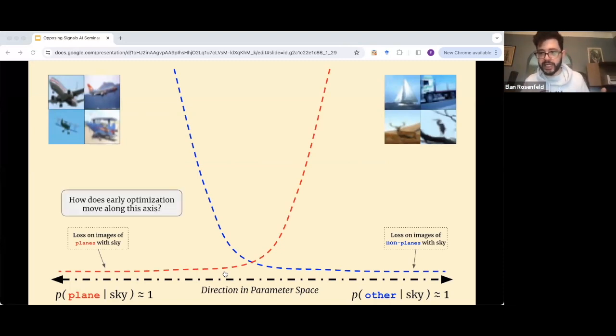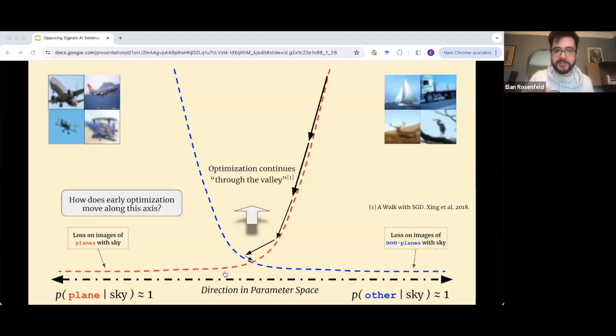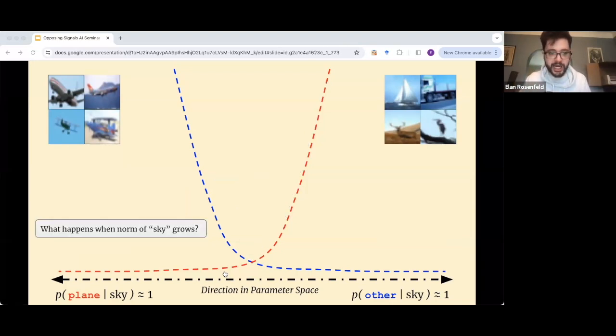So early in optimization, when we first start out, what's going to happen? Well, we're going to move down into the bottom of the valley, right? Because naturally, the average of these two is going to say you should land right in the center. And then further optimization is going to bounce around through this valley. Now, all of these individual components of the story have been separately observed in previous work. So this other work has a similar finding.